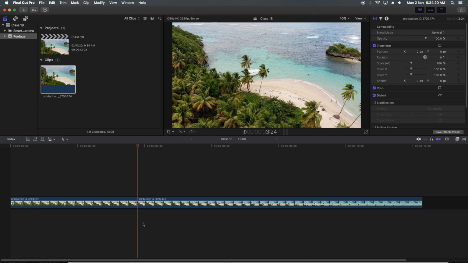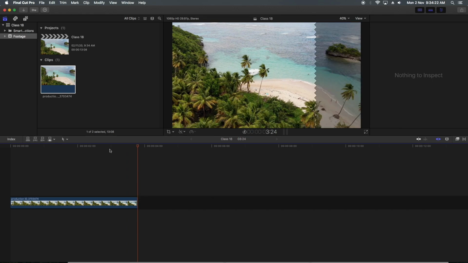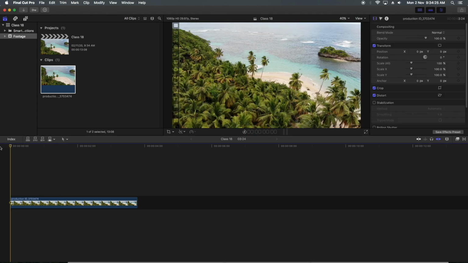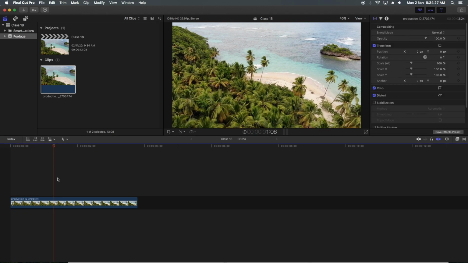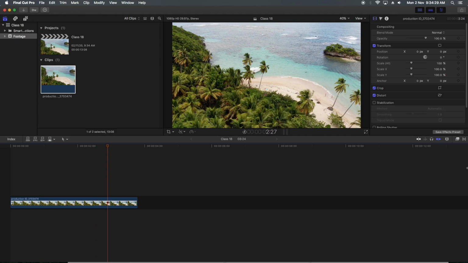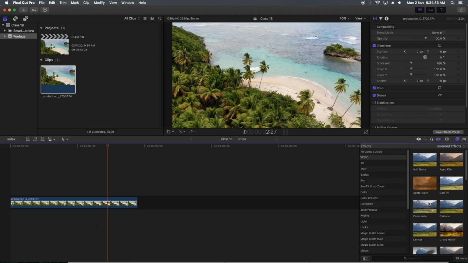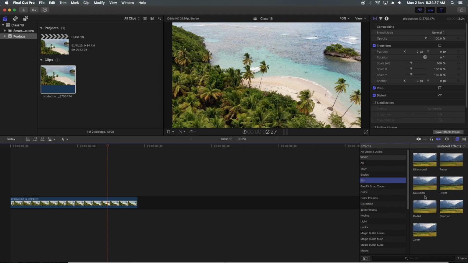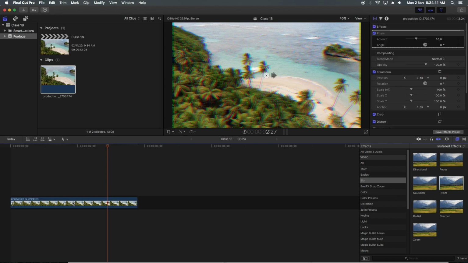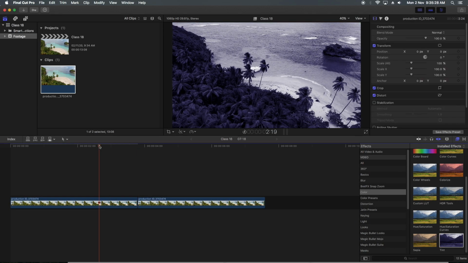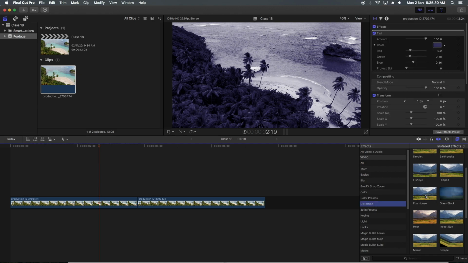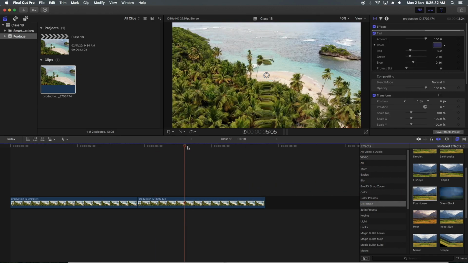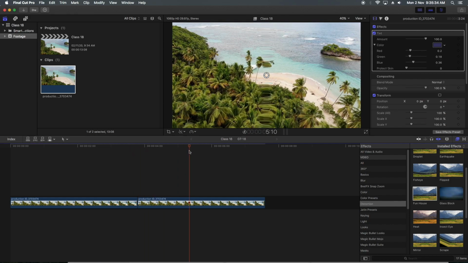Now I want to apply some filters to it. To apply a filter I have to go to filters, and I can even find my specific filter, and I'll drag it onto this clip. One for this color effect and one for that distortion effect. And we have to check which one is going good.